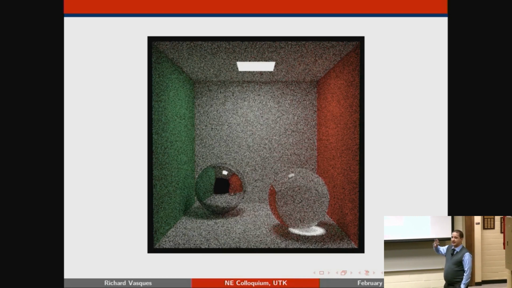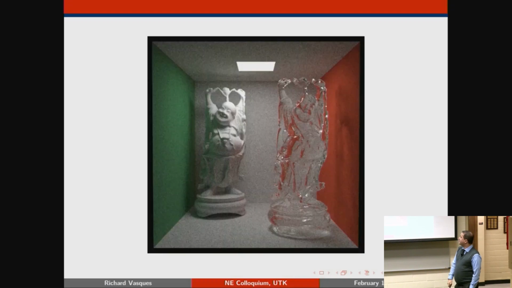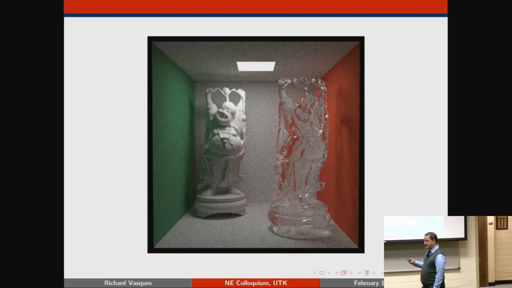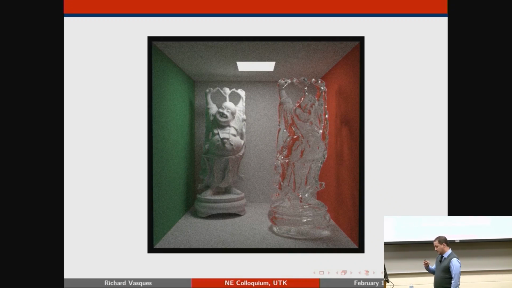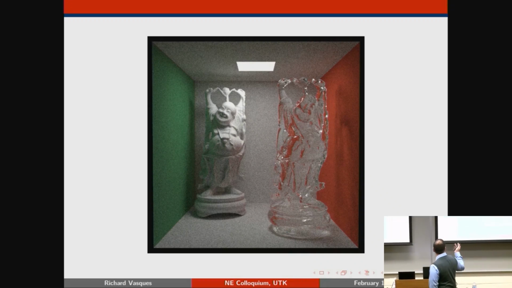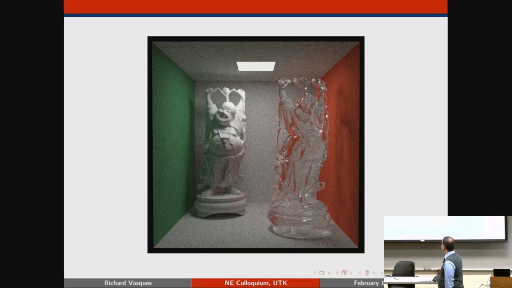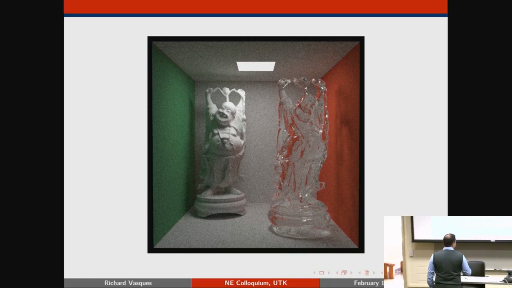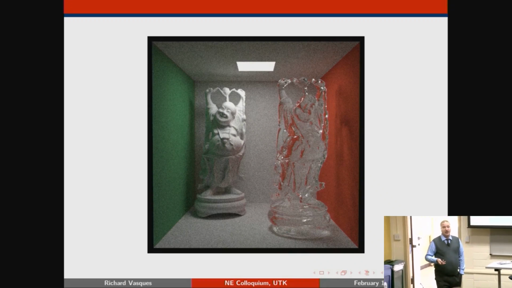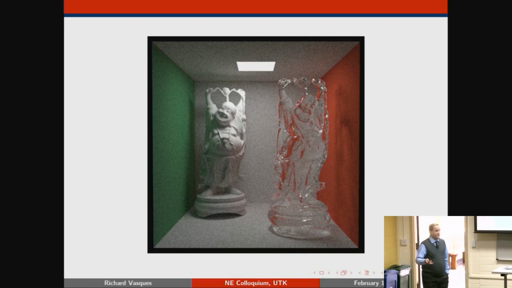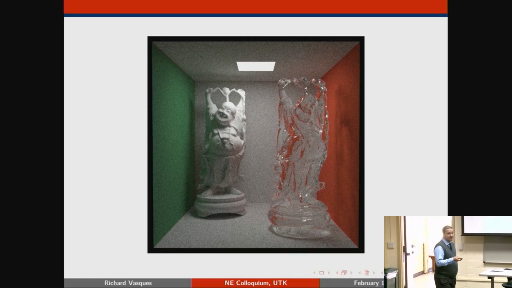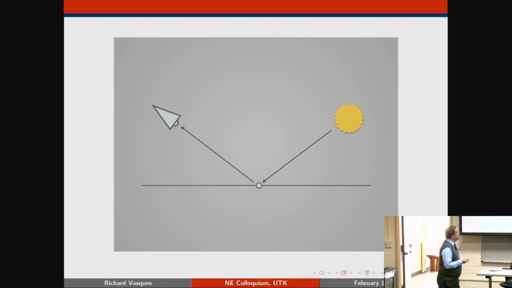It's pretty much just running a simple Monte Carlo code and finding what the rendering is. Same thing as you start getting more complicated geometries. So instead of looking at spheres, you start looking at people or trees or clouds, or in this case, a Buddha statue. One of them is marble, the other one is glass. It started getting more and more complicated as you move into more sophisticated objects.